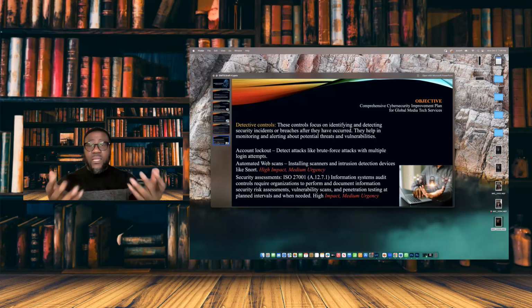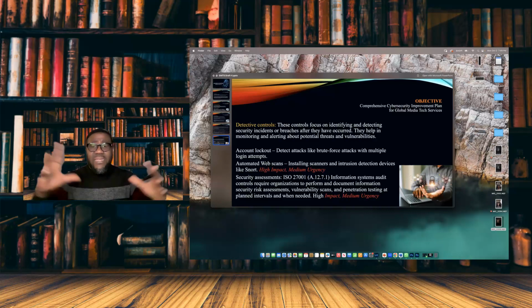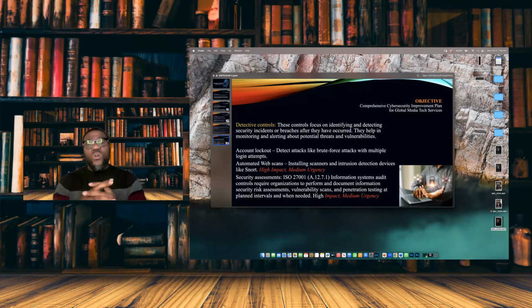Okay, we also talk about some of the detective controls, and using things like Snort. Those are the kind of tools that can really ping us and point us. Having a SIEM tool where we have a dashboard where we can actually monitor all the data that are coming in, and then see where there might be areas of concern quickly, and then we can respond quickly. So this is one way of quickly doing that risk analysis and giving out a report.